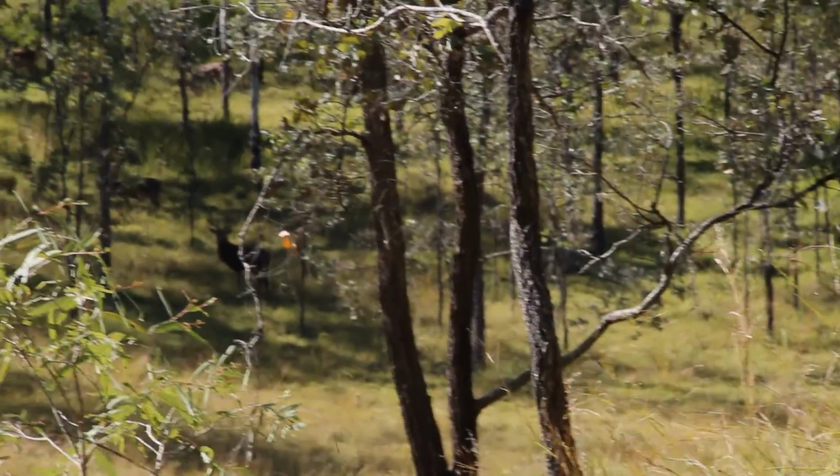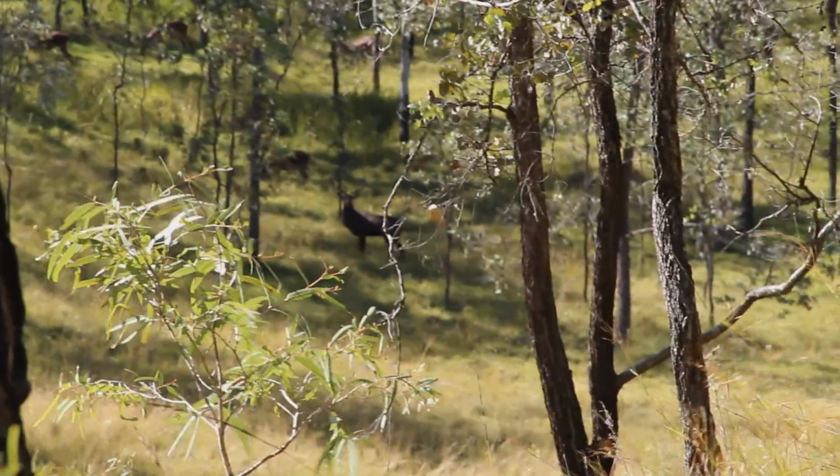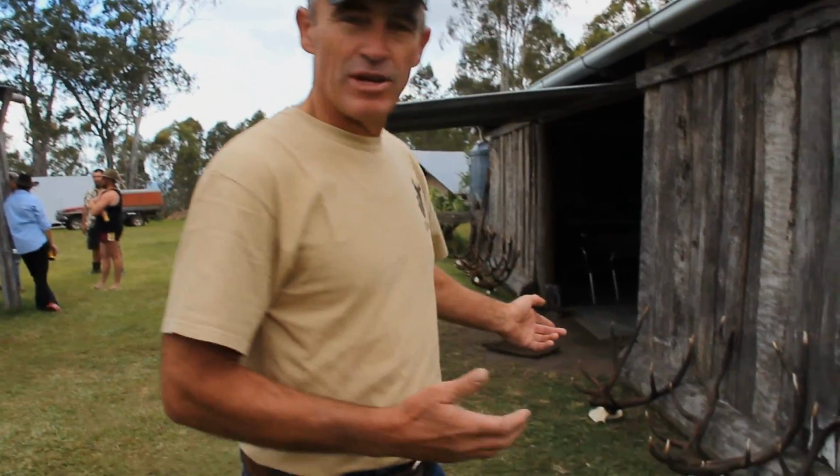So Clark, what type of heads and stuff can people expect if they're going to come and shoot here? Yeah. What our hunters can expect up here is to hunt a proper free range Queensland red stag. And there's no gimmicks. We're not talking about pen animals that have just been let out. We're talking about animals that have lived their whole life in the bush, and top quality stags. Now you see a range of them here that we've taken this year,